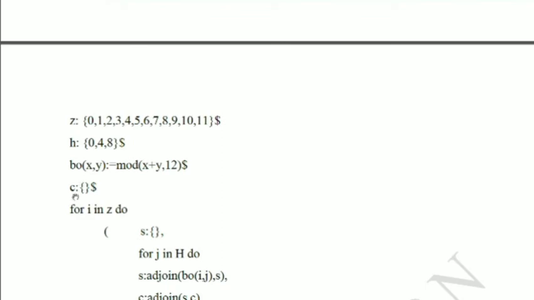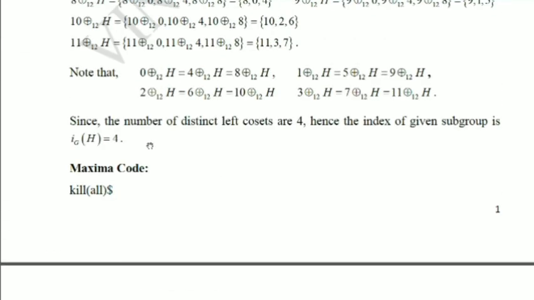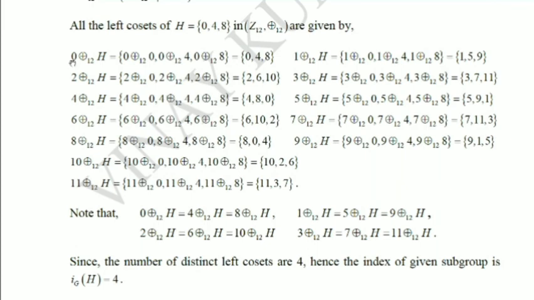And let me call an empty set C. So now your C has no elements. It's an empty set. Put a dollar sign. We'll come to know why we are using an empty set. Now remember, while calculating the index, this element comes from the group set and the second element comes from the subgroup set. So let me call this one I and this one J. So your I comes from the group set and J comes from the subgroup set.